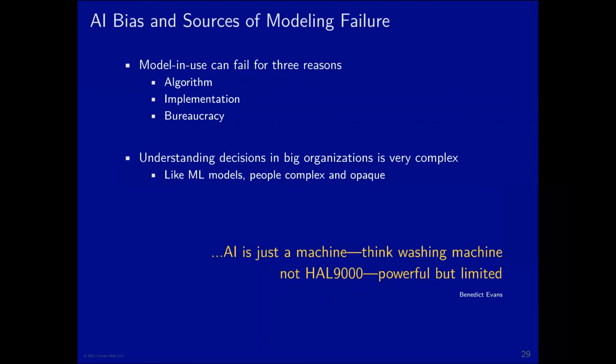And I think we need to always keep in mind that as we worry about machine learning, we at least have the potential to understand how an AI model is making a decision, which we probably never would truly understand about how a person would make a decision. So I think it's a very real problem. I don't want to downplay it, but I think it's a problem that we will be able to address. We just need to focus on it going forward to make sure that our training data is representative.